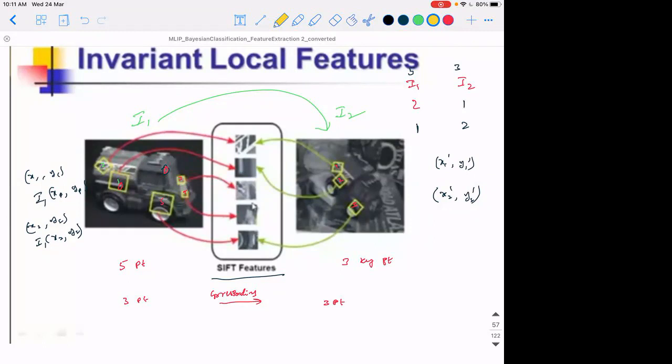But actually, if you compare only pixel-wise, the information in the image is not at a pixel but in the neighborhood. Do you agree with me or not? Because when I take the pixel intensities at different times or in different scenarios, the intensity may be different. The gradient also may be slightly different, not necessarily quantitatively the same, right? So what people look at is not the point only. I will consider a neighborhood around the point.